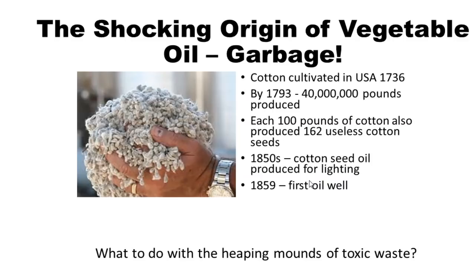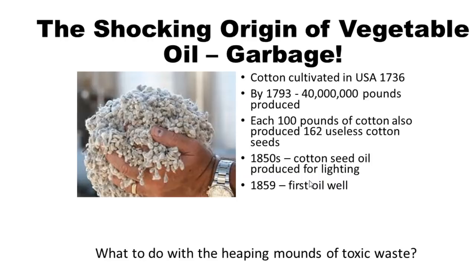Well, cotton was the first one. It was cultivated in the United States in the 1700s. And in the South, they had all those slaves picking cotton, so they had lots of cotton. But each 100 pounds of cotton also produced 162 pounds of totally useless cotton seeds. You needed like 2% of the seeds to plant new cotton, but the rest was just garbage. So they had these huge heaps, tons and tons of cotton seeds, which they would dump into the river. And of course, eventually somebody found them out, and then they sued the companies,